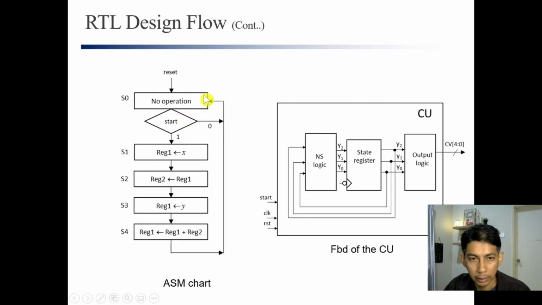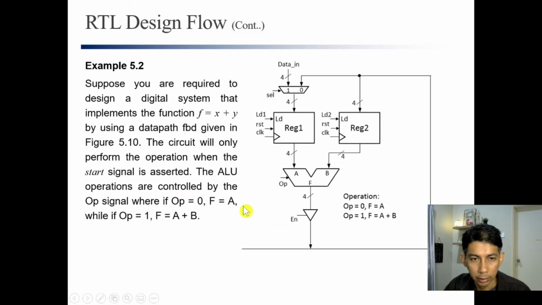And if start equal to 1, we will start the operation until the end here. Just like the specification, the circuit will only perform the operation when the start signal is asserted. And the operation is this. So we have two registers. If we look at this, the input to this register is from this. So if you want to do x plus y, it means that